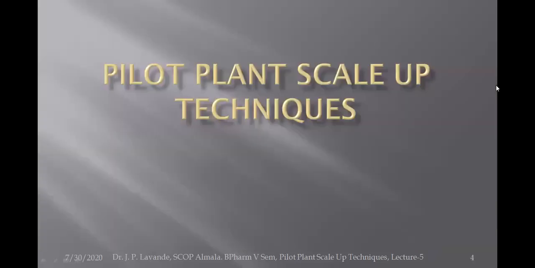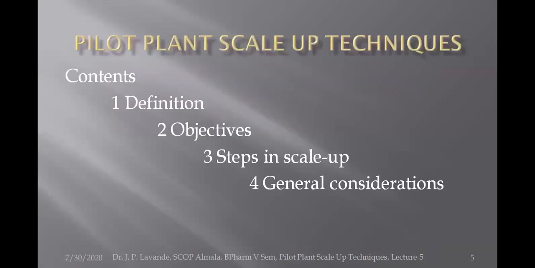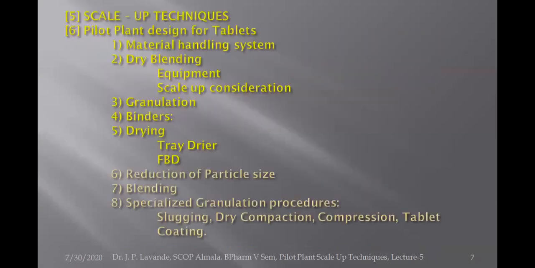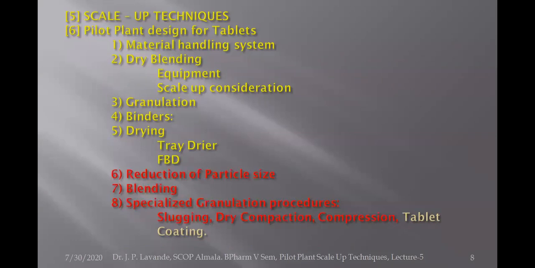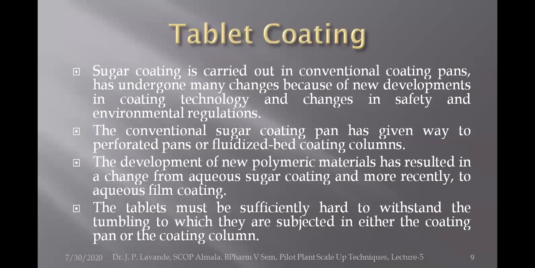So, in Industrial Pharmacy 2, we are studying the pilot plant scale up techniques. Already, most of the details we had gone through. We are on to the scale up of solid dosage form. Most of the details we already covered. Only a few points have been left, that is the tablet coating. Now that we will cover today, and after that we will go for the process of pilot plant scale up